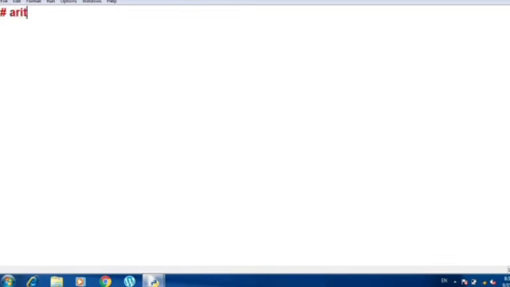Now we need two numbers from the user. Let us take the variables num1 and num2. In num1 I'll ask the user to enter the number. I want the number in integer or float, whatever data type you want you can define. If you define integer, it will give you only the integer part, with no fractional part. So let us write float so that we can get the exact answer.